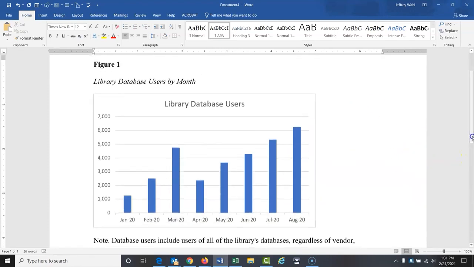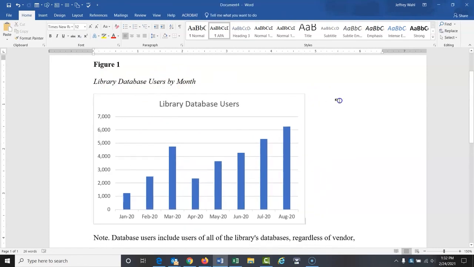So there you have it. Figure 1, that's got to be bold. Library database users by month. Make that italicized. Just copy and paste the table in there. You can make this bigger or smaller if you'd like. And then add a note to the bottom to add a little more detail. This is generally what people are looking for, what your instructor will be looking for when you're asked to add a table or a